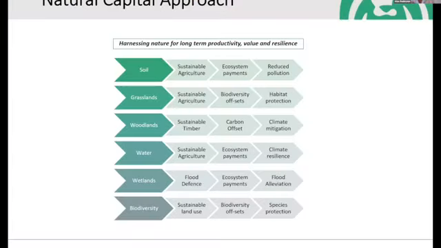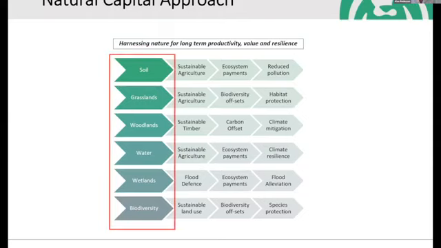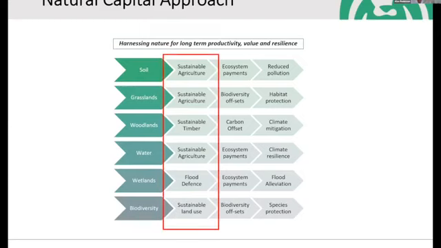So part of the problem with natural capital is that it means different things to different people, and it's not always well understood. We take a simple market approach because we believe natural capital frames the environment as a productive asset and includes it in economic decision making. So recognition of its value is vital, particularly when revenue opportunities have not historically reflected their significance. So through our approach, we see an asset. This can be soil, grasslands, woodlands, water, wetlands, biodiversity, as something that underpins a current realized value in the form of, say, agriculture or timber production.